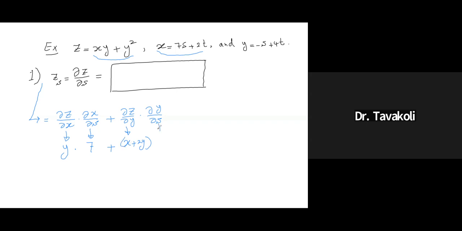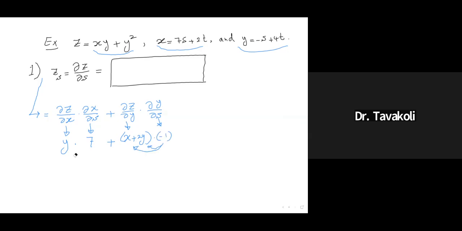And partial derivative of y with respect to s, I should deal with t as a constant. The partial derivative of minus s, I'm sorry, partial derivative of y with respect to s. Minus s is like minus 1 times s, so that partial derivative is negative. Okay, so here we have